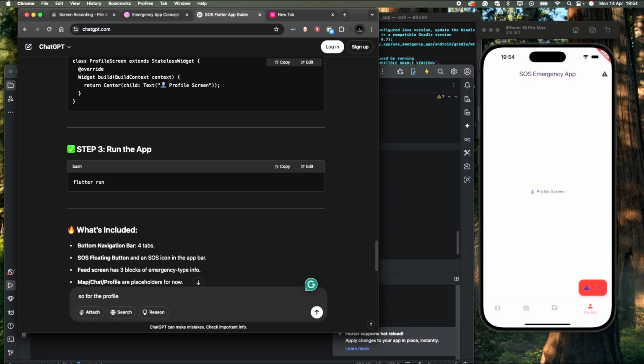It's profile, sorry. For the profile screen, let's add 2 buttons in a row where one has an image and text. Image and text underneath it of,